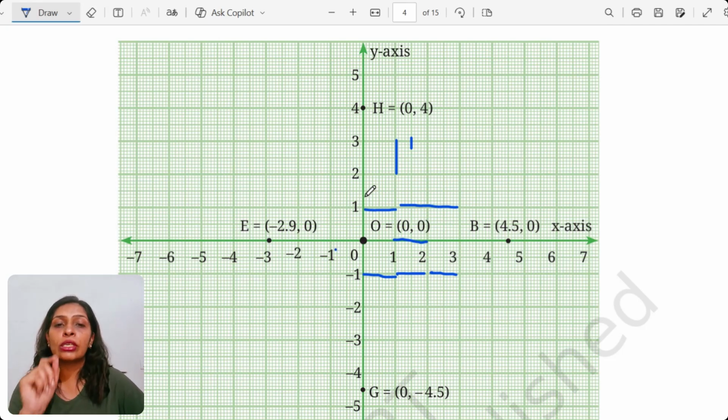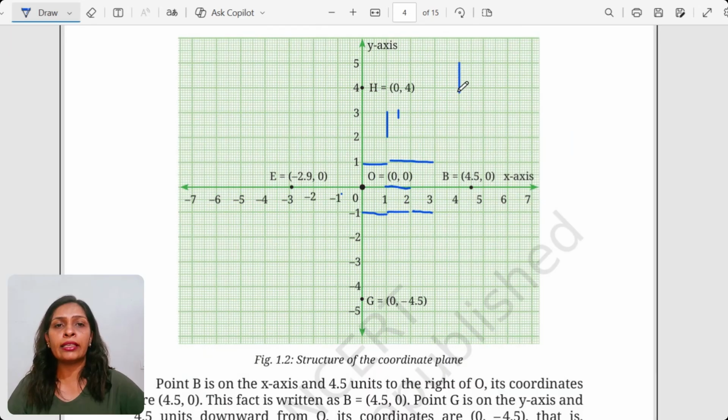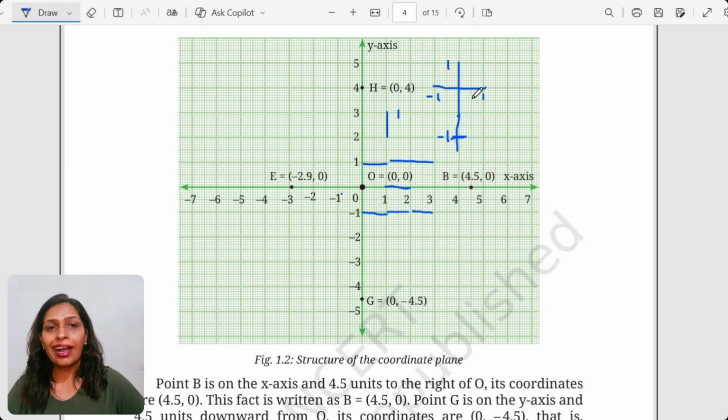So what happens when a child writes? Let's suppose a child has written, now this I have zoomed in, so it is looking a little bigger. But suppose this is the case, and a child has made a Cartesian plane like this, okay? And when you are naming, it is like 1, 1, minus 1. So sometimes students just leave this here and write minus 1 here. See what will happen: this will change the entire Cartesian plane, and it will no longer serve you the purpose.